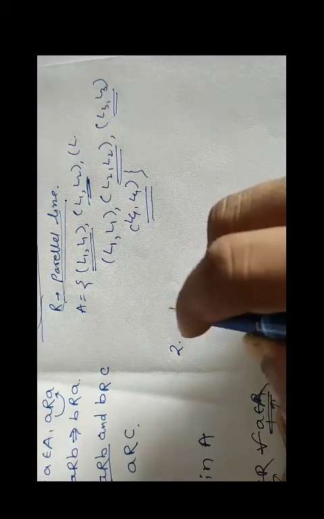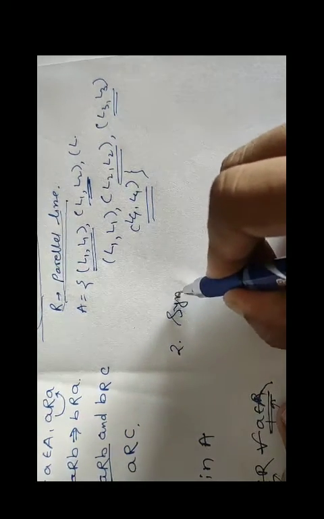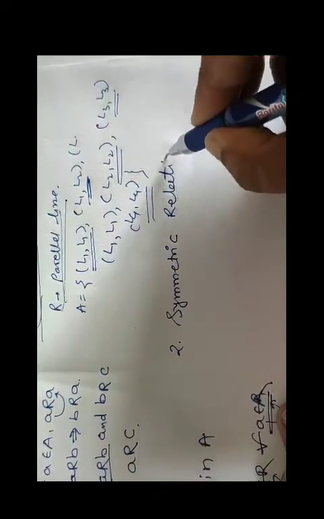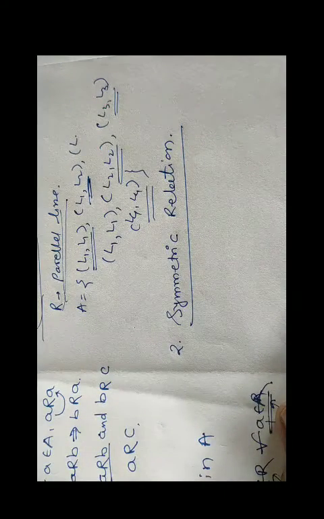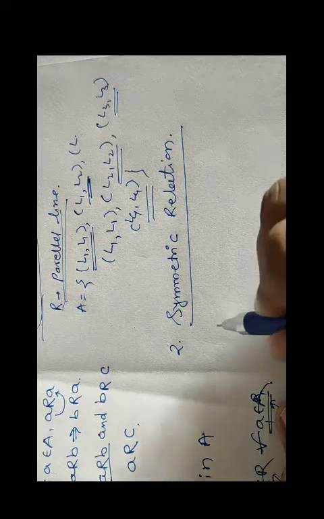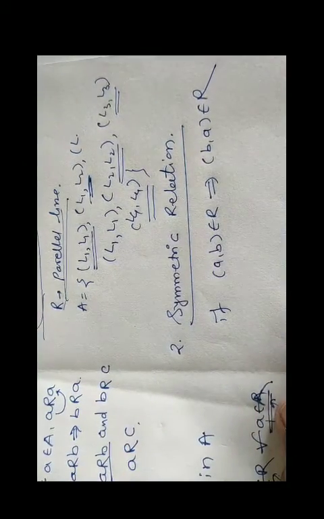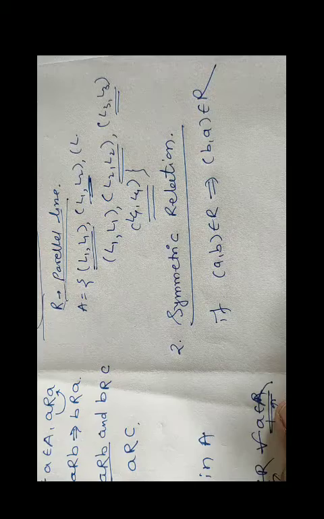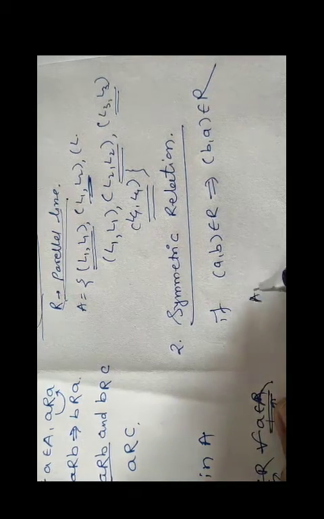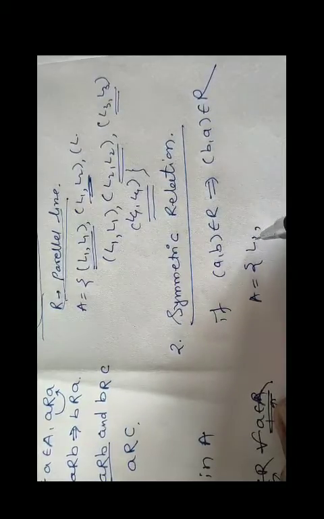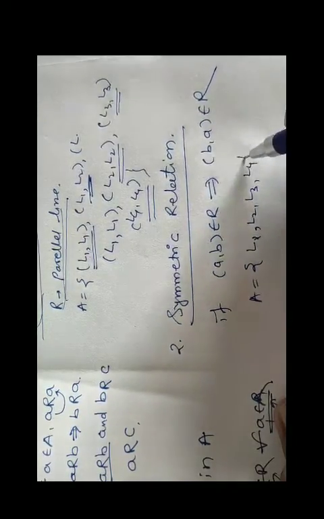Next we discuss symmetric relation. So what is meant by symmetric relation? If the ordered pair (A, B) belongs to R, it implies that (B, A) must belong to R in set A. That means in set A, if A is the set of parallel lines L1, L2, L3, L4,